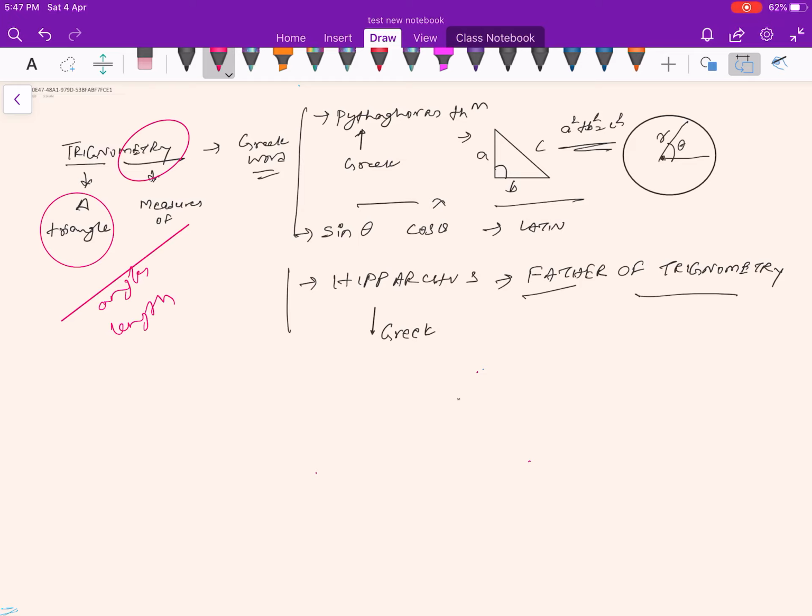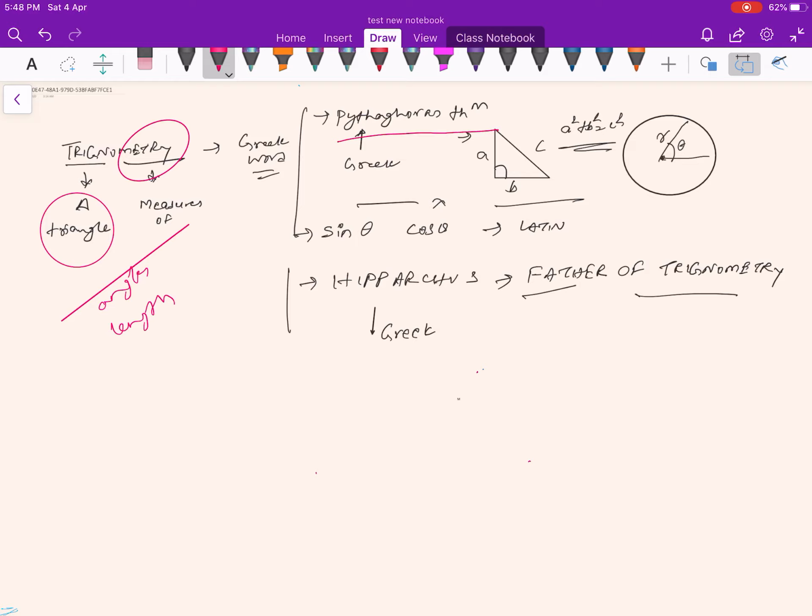If you ask any student what they know about trigonometry, I'm not sure if they know the meaning of the word, but there are a couple of things that they might say. What are the things that come to your mind when you say trigonometry? Regardless of the depth and breadth of the student's understanding, the two things that come to a student's mind will be Pythagoras theorem,